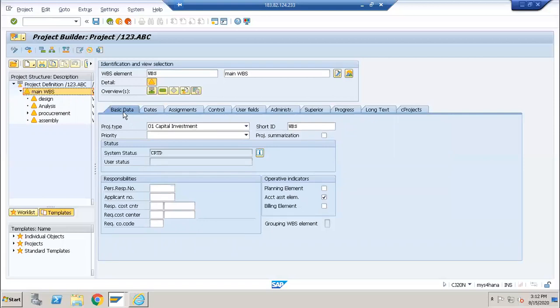If I go into the basic data, I see this is a capital investment. Here you have to say whether it's a turbine project or customer project or investment project. So what is the difference? If it's an investment project, you will not have any revenue out of it. If it's a capital project, you will not have a revenue. Customer project will have a revenue, and for an overhead project, you cannot bill to the customer. So I will say turbine project, and this will control whether you can do it for billing or not. So we have these three indicators.